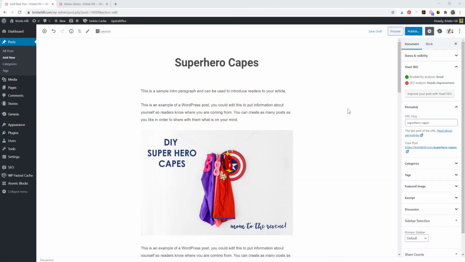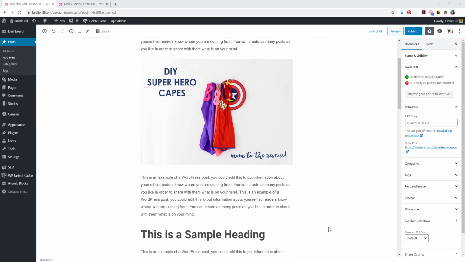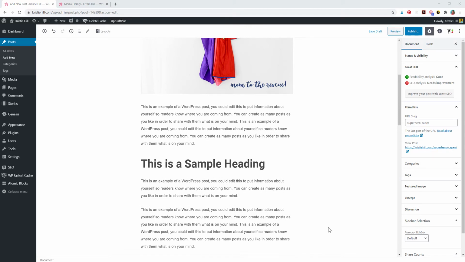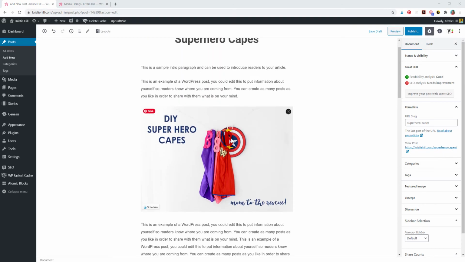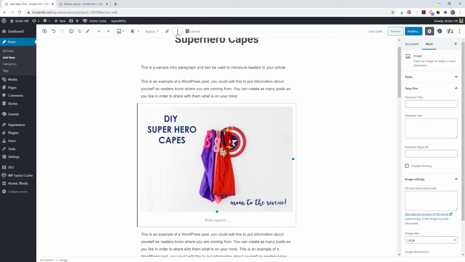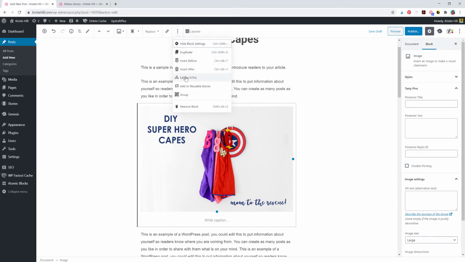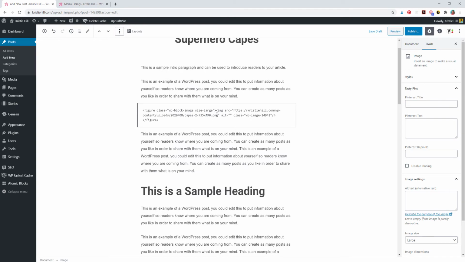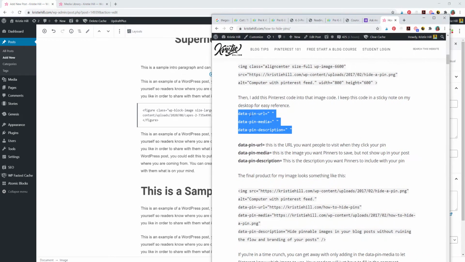All right, so say this is your blog post and you have one horizontal image in here, or maybe you have a vertical image in here, but it doesn't have your Pinterest graphics in here already. So you need to have one image in here already. Then what you're going to do is click on that block, click the drop down, and select Edit as HTML. And we are going to add code into this image to make it so that when someone clicks the pin it button, either up here or on your social media sharing buttons or on the hover button even, your pinnable image shows up. So I've got that code for you over on my site, how to hide pins, to just